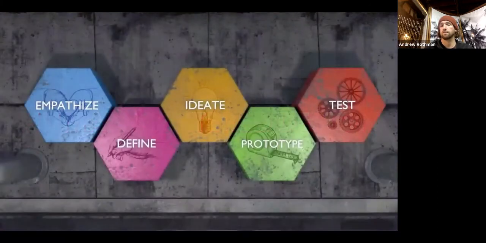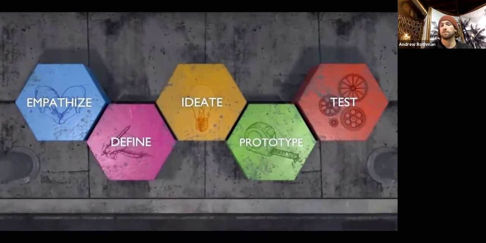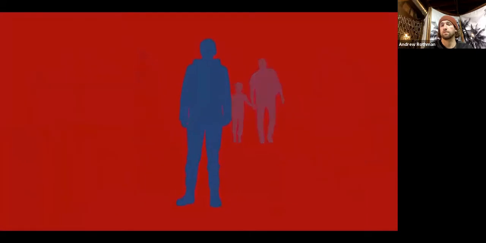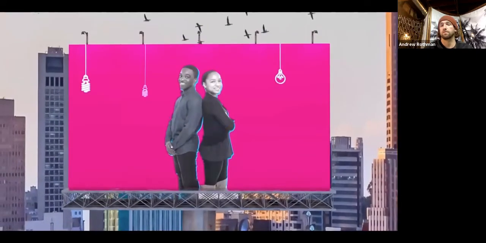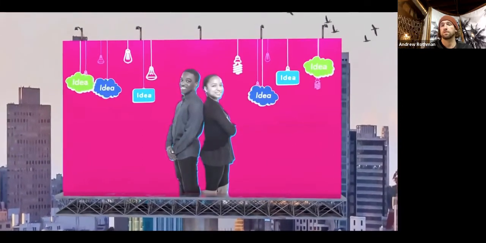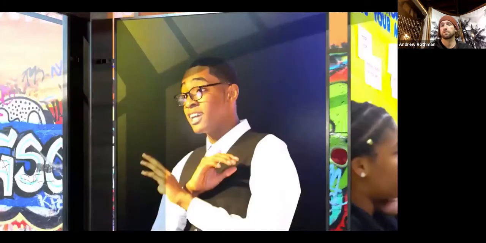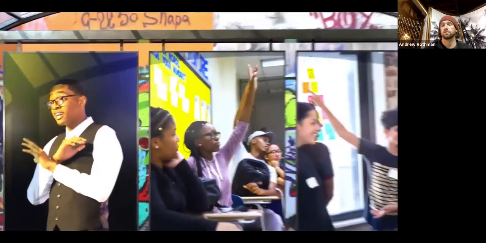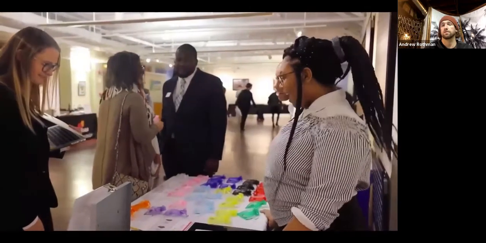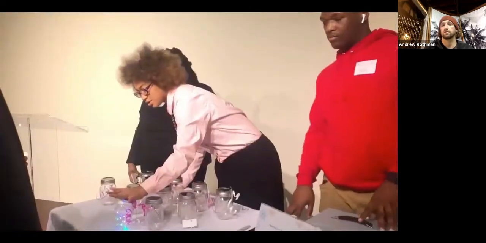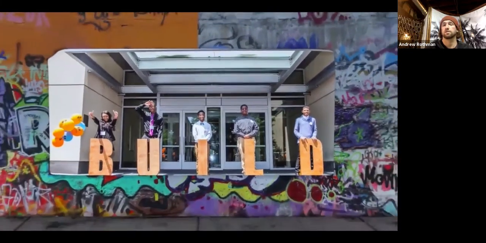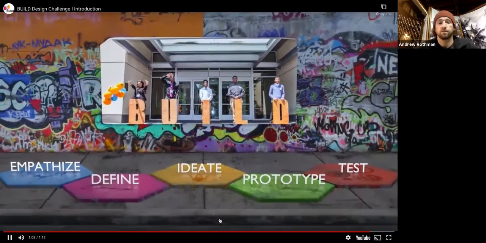What's that? Let me break it down for you. Human-centered design is understanding who you're designing for, with the focus on your client. If you're new to this, don't worry. You have a unique perspective and voice that we want to hear. After all, who has your experiences, your truths, your outlook on the world? Basically, you have everything you need to create something both useful and inspiring to make someone's life a little easier. So, are you ready to make a difference? Let's build.